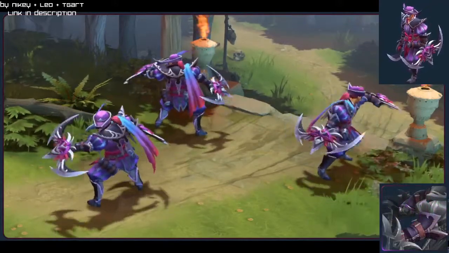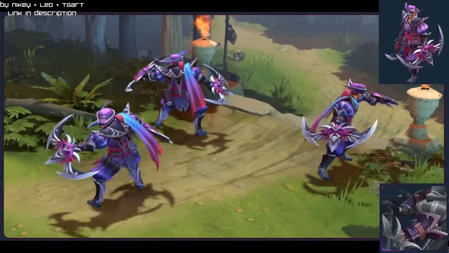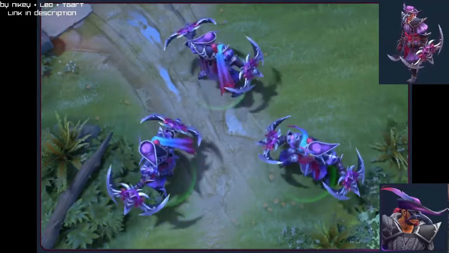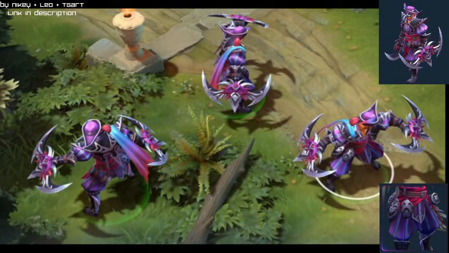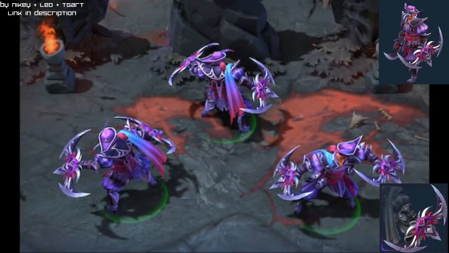I was just personally not a big fan of carnivalistic sets. And this is the anti-mage set called the Carnival Ghost. And it is by Nikey, or Nikey, Leo, and then TGart again. Now, the reason why I changed my mind on this set is because beggars can't be choosers. No, I'm kidding. I actually like this set a lot because every now and again, the Valve marketing team,